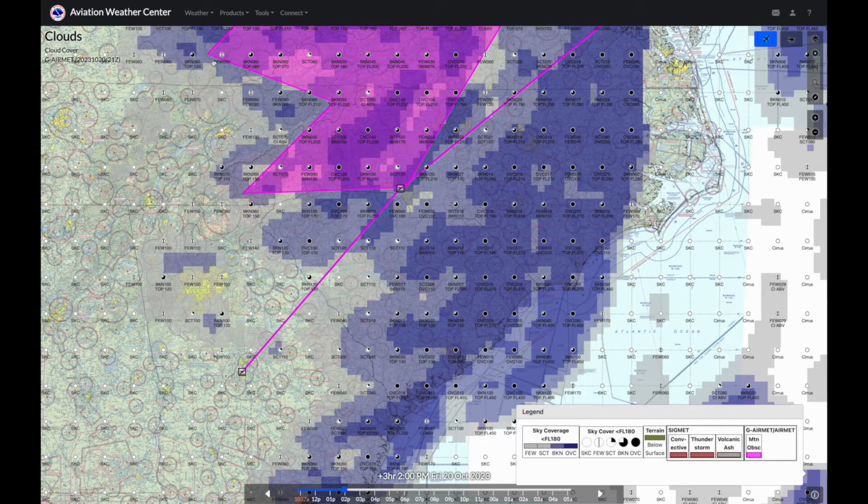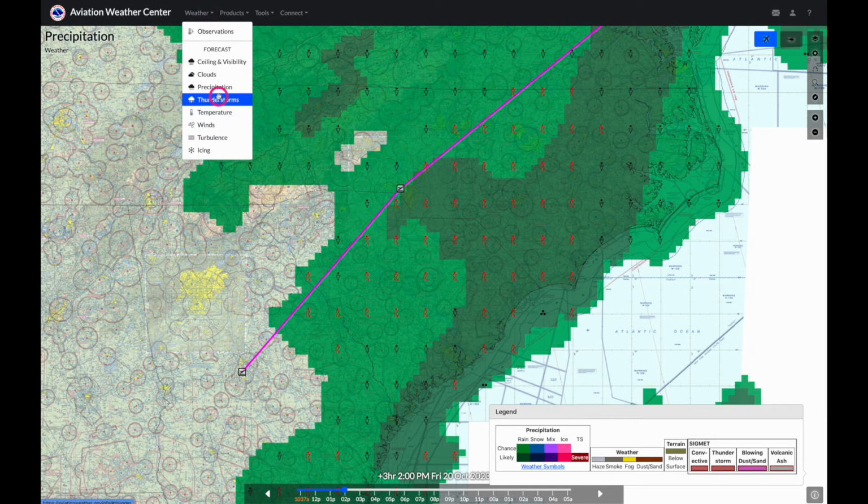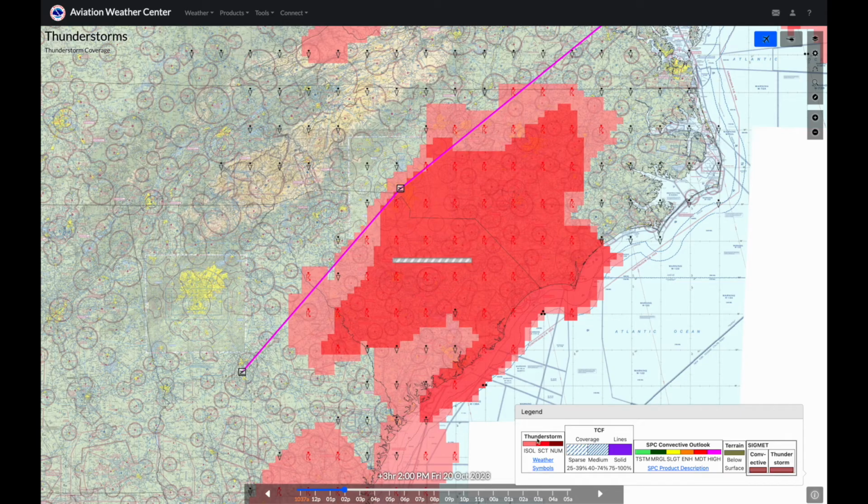Okay. And then next one is going to be our precipitation. Same idea. If you wanted to look at the legend down here, it looks like we're going to have rain. We've noticed that. We've kind of guessed at that already. And if there was more, you'd be able to see that as well. You see all the symbols that we saw earlier as well with the lightning and everything. And then thunderstorm. This will give you an idea of isolated, scattered, or